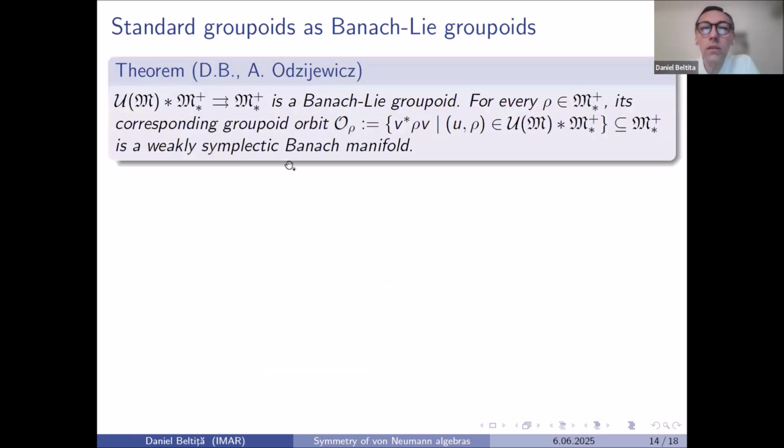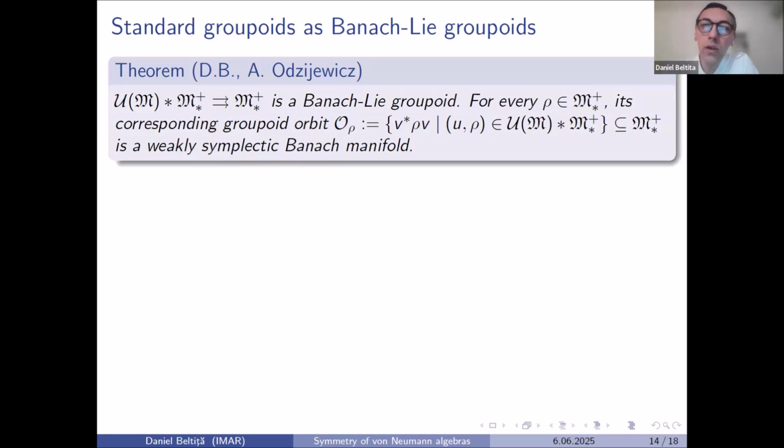And now the fact about this groupoid is that it is easier to make it a Banach groupoid. And as you know very well, this brief statement says that there exists a Banach manifold structure here and here, such that the structural maps are smooth and so on. But I do not have time to describe the Banach manifold structure. Moreover, for every point in the base, the corresponding orbit is a weakly symplectic Banach manifold. I will not explain what that fact means. I said this only in order to explain why we call this a coadjoint groupoid.